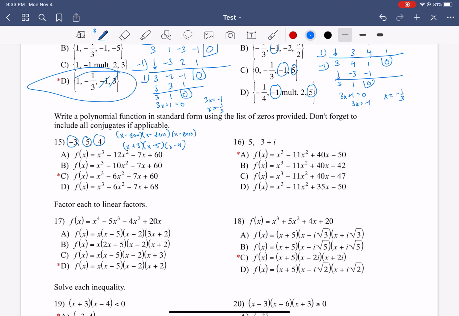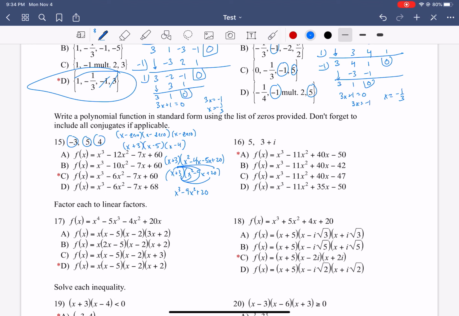We can only FOIL 2 terms at a time, so we're going to get x plus 3. And if we do FOIL, we're going to get x squared. Outer, we're going to get minus 4x, then minus 5x for inner, and then plus 20. Let's clean that up just to save our brains. All right, so then if we distribute now, no longer FOIL, let's keep track of what we're doing with our arrows. We get x cubed minus 9x squared plus 20x,